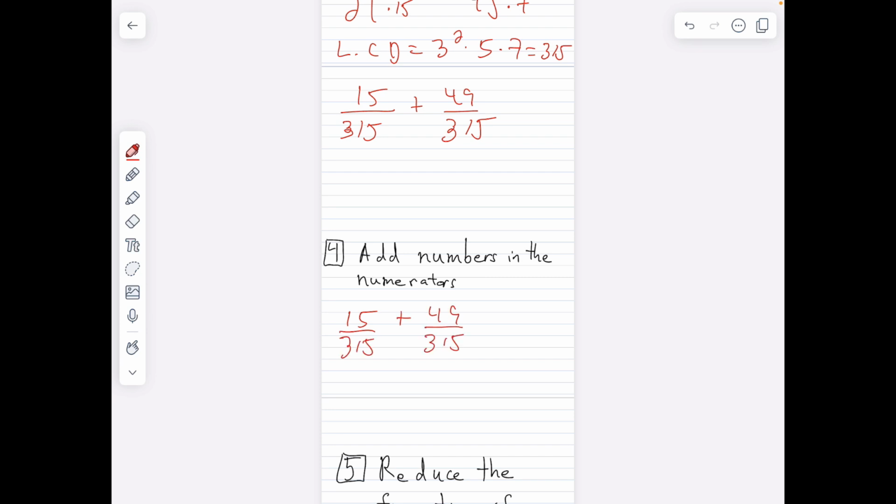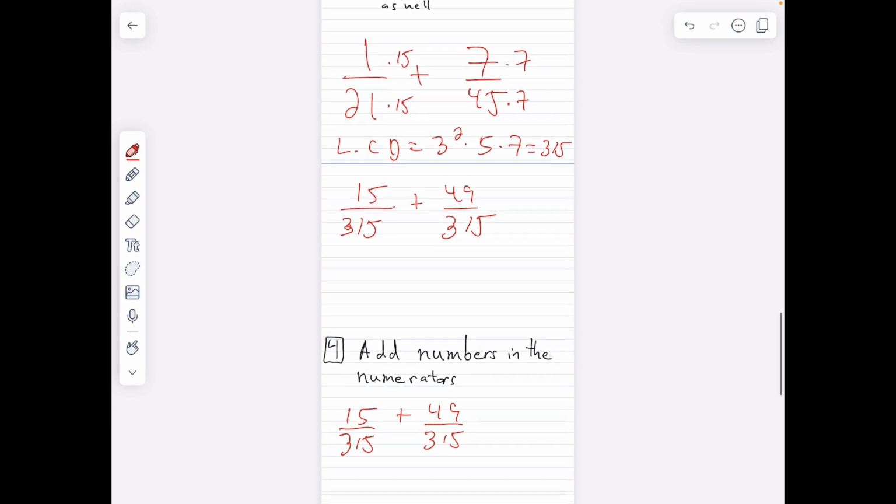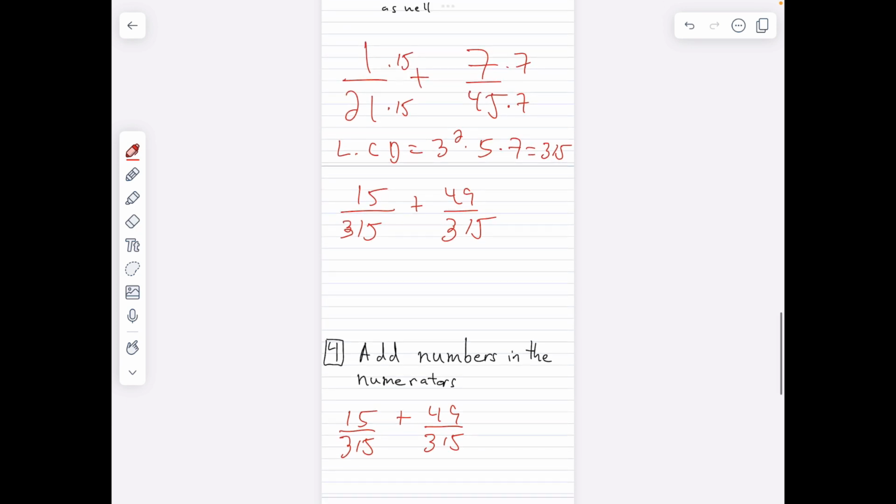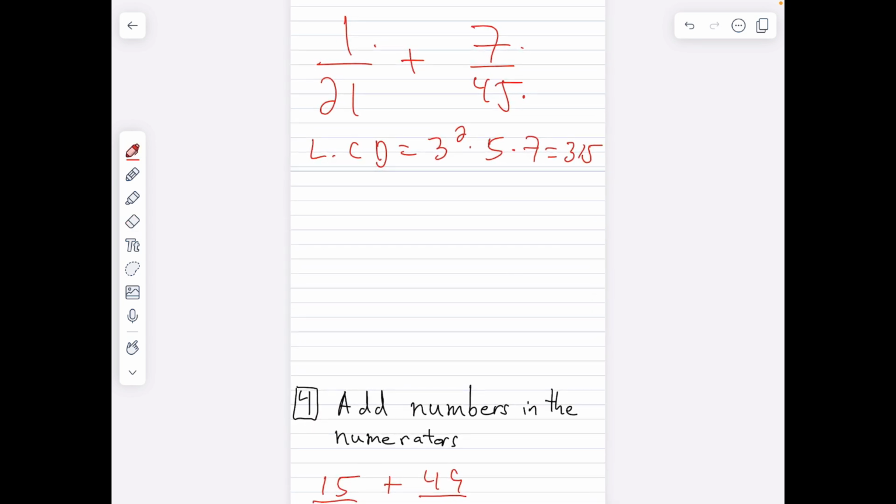Now, before I do that, let me go back to an alternative way of doing this, because some people are not too quick with their multiplication tables. I understand that. So the other way you can do this step where I multiply by the 15 and the 7 is as follows. I'm going to take the breakdown of the LCD, which is the 3 squared times 5 times 7,